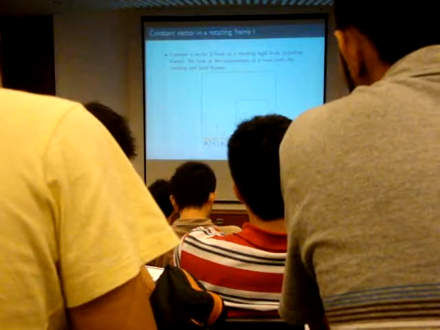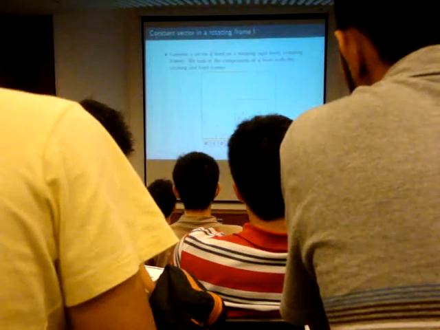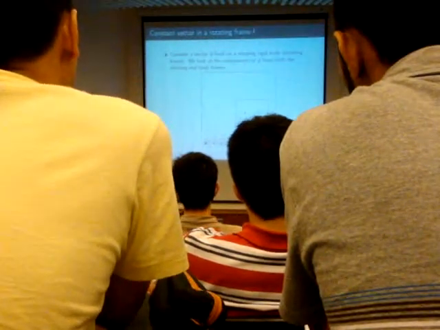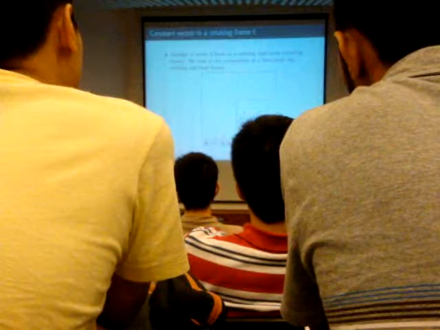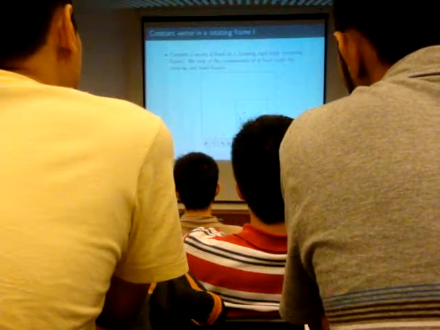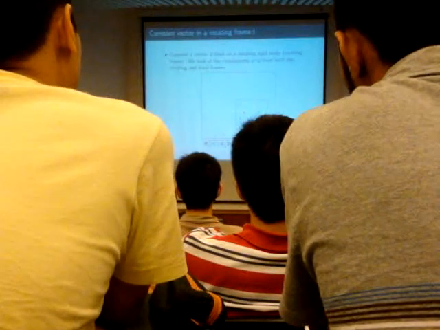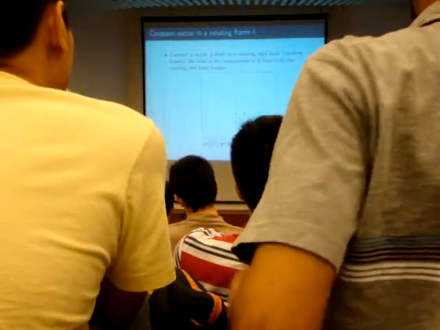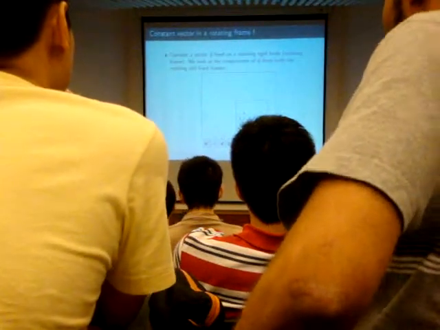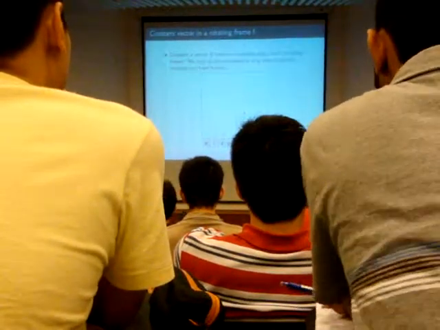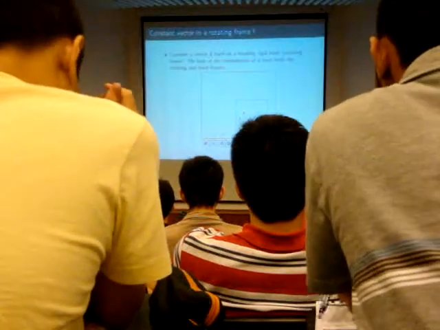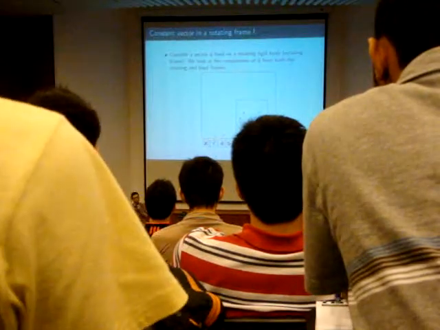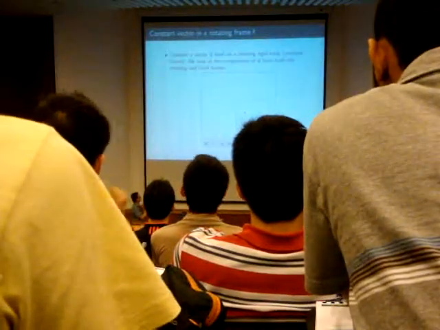So the important thing to see here is that when we have a vector, even if the vector is not changing in frame B, while frame B is moving, the components, if you write in terms of frame B, will be unchanged because it is not moving with respect to frame B. But with respect to another frame, in this case frame A, the components of this blue vector will be changing. Hopefully you can see now that this is the fixed frame, and this is what we call the rotating frame, the frame that is attached to maybe this